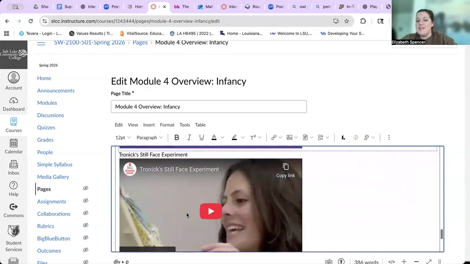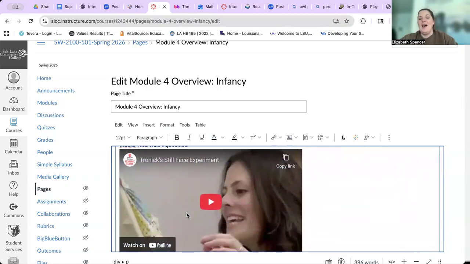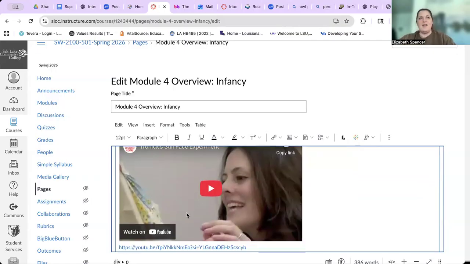I especially like this last one, the still face experiment. If you haven't seen it before, the research they've done here is pretty incredible. It's a short video about watching a mom play with her infant. She plays and has fun. Then all of a sudden she goes still face, meaning she completely goes void of any emotion. She doesn't talk to the child and remains that way for a few minutes.